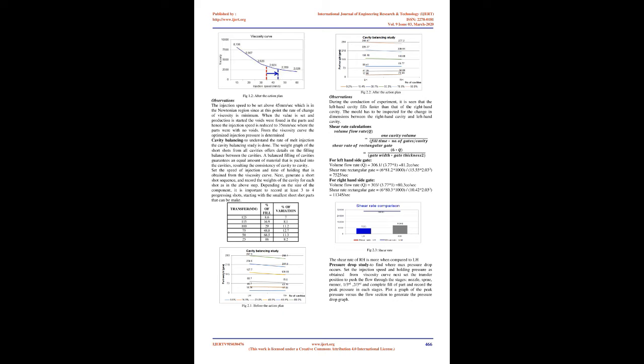During the conduction of the experiment, it is seen that the left-hand cavity fills faster than the right-hand cavity. The mold has to be inspected for the change in dimensions between the right-hand cavity and left-hand cavity. For the left-hand side gate, volume flow rate, Q, equals 306.1/3.77*1, equals